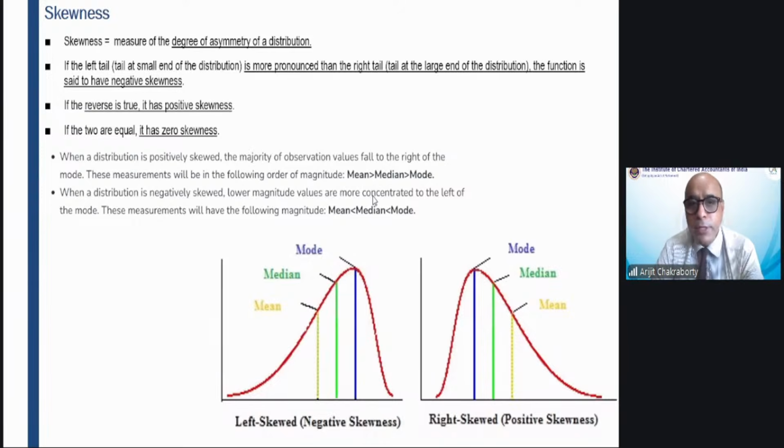meant by skewness. And please remember, skewness is a term which you will be using and applying throughout your career, even as a professional chartered accountant, because we have to deal a lot with data, distributions of data. And nowadays, data analytics, data science, what does it do? It tries to identify the relationship between data. As we all know, data is the new oil. But raw data alone is not enough. You have to sort the data. You have to analyze the data. You have to understand the existing relationship between different data. And from there,